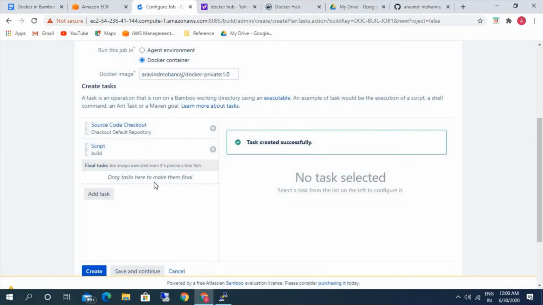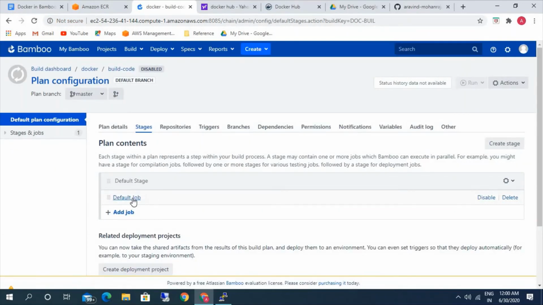First we will create two stages: one for building the code and the next for deploying. In the first stage, using the Docker image, we have built the code. Next, we will deploy the code in another stage.